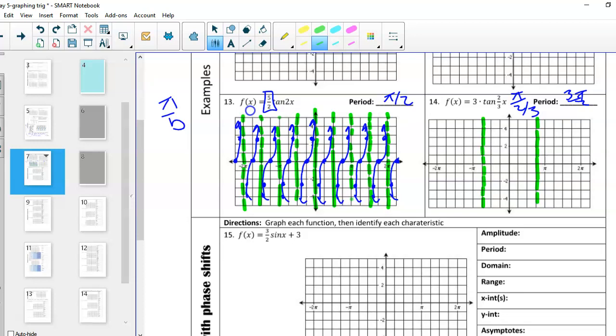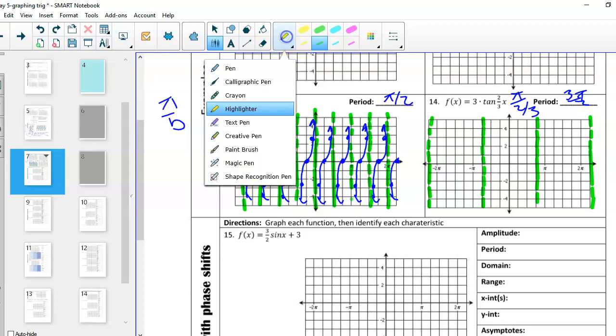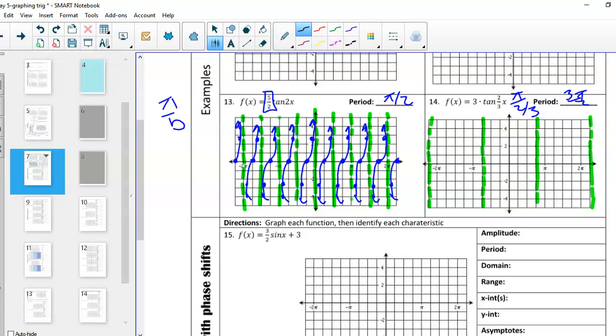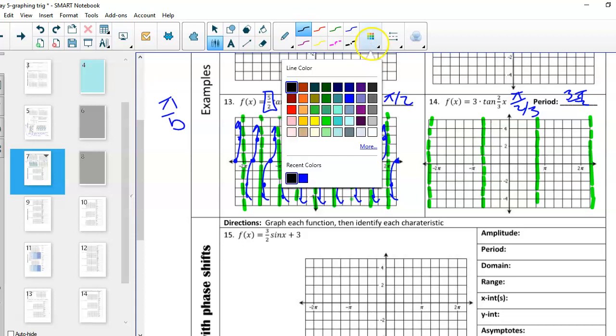And then to find the others, I'm just going to count that pattern. So in between, there's 6. So if I count another 6, another asymptote would follow. I will go back into the table here in a second, but you could do this one without, if you're thinking about it